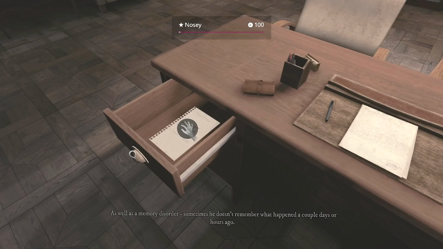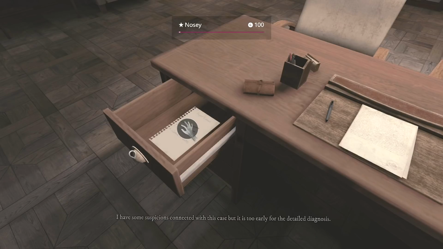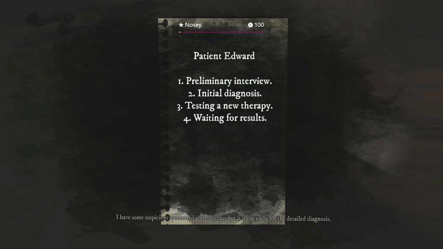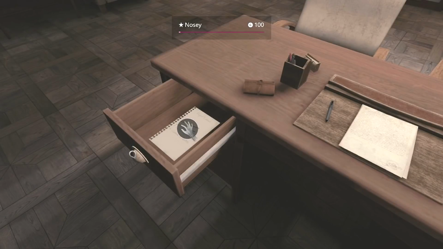There are 45 notes, so each note is going to be worth roughly 2 to 3% of progress. Now, notes only count if it has at the bottom of the screen the ability to press the X button to turn the note into text. There are photos and other things we'll be finding that don't count as notes, but I will be making sure